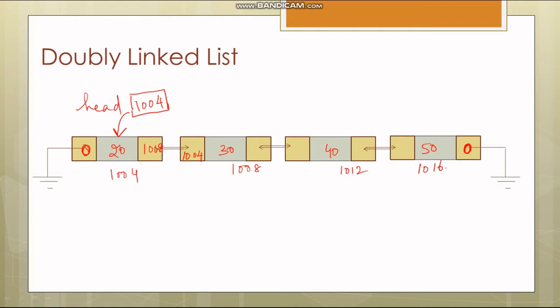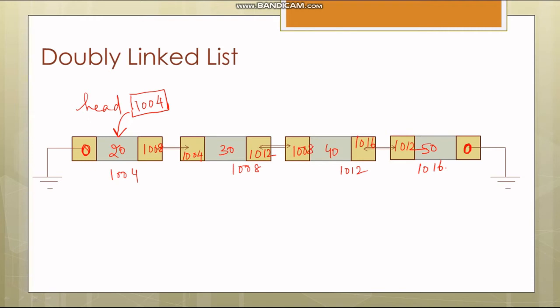In the next, it will be holding the address of the next node, that is 1012. 40 will be holding the address of the next node as 1016, and the node with the value 50 will be holding the value 0 in its next, as there is no node after that. In 50, the previous part will include the address of the previous node, that is 1012. Similarly, 40 will have the value 1008 in the previous link of the node.